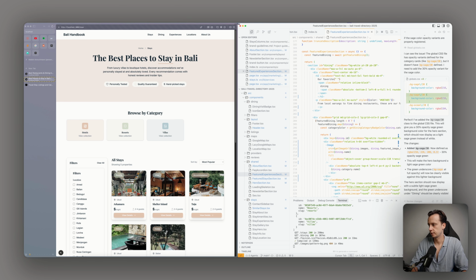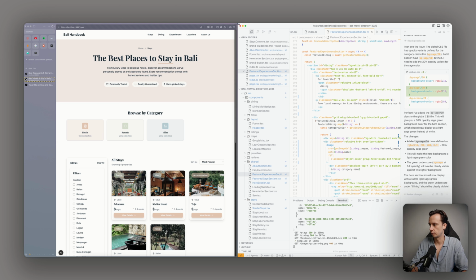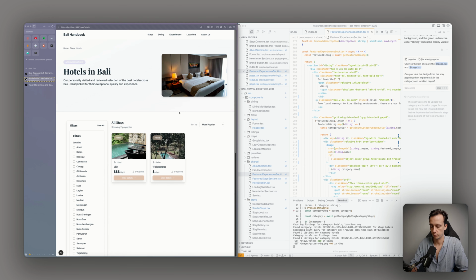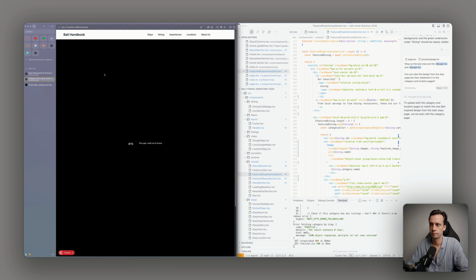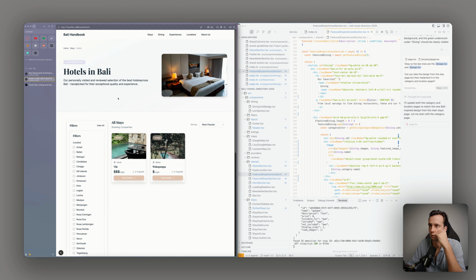Can you take the design from the stay page, but implement it in the category and location pages? Because we have those, right? So we have hotels, but I think we also have stays Ubud? I don't know how this URL is populated. We'll have to check that. But we have location pages for that. So let's update both of these, and then whenever that's done,